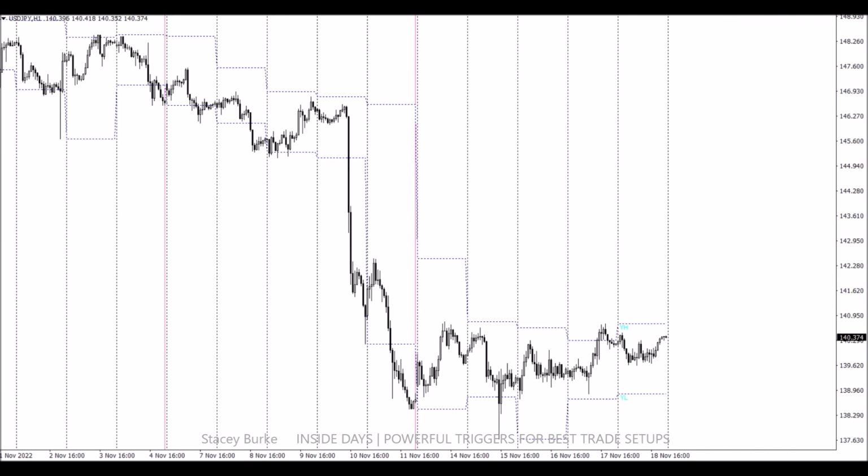When we look at the Japanese yen, same thing. We have our high-low range on Monday. The market then breaks the low of Monday and the low of the week on day 2, pulls back inside and goes into consolidation on day 3. Day 1, day 2, day 3, inside bar. The market stays in a very tight consolidation before pinning down into the US session lows